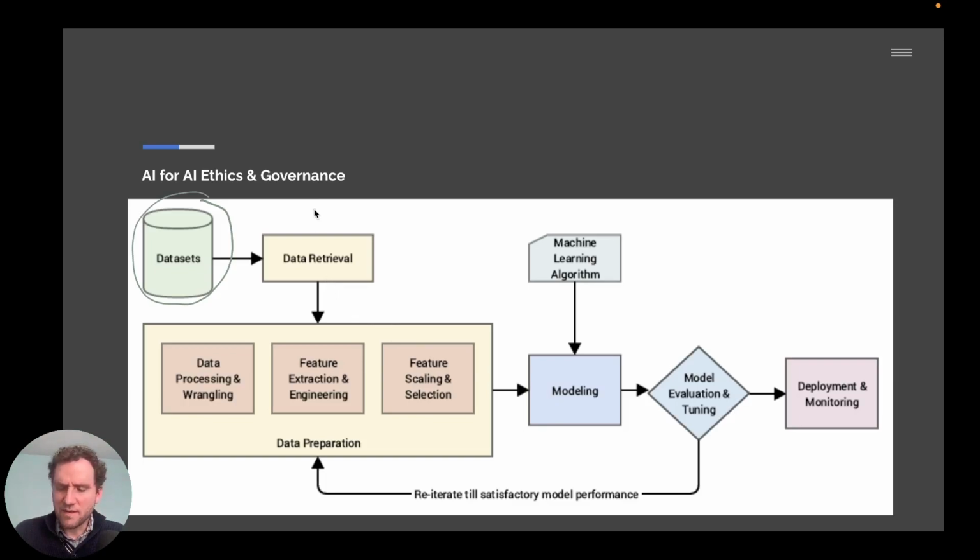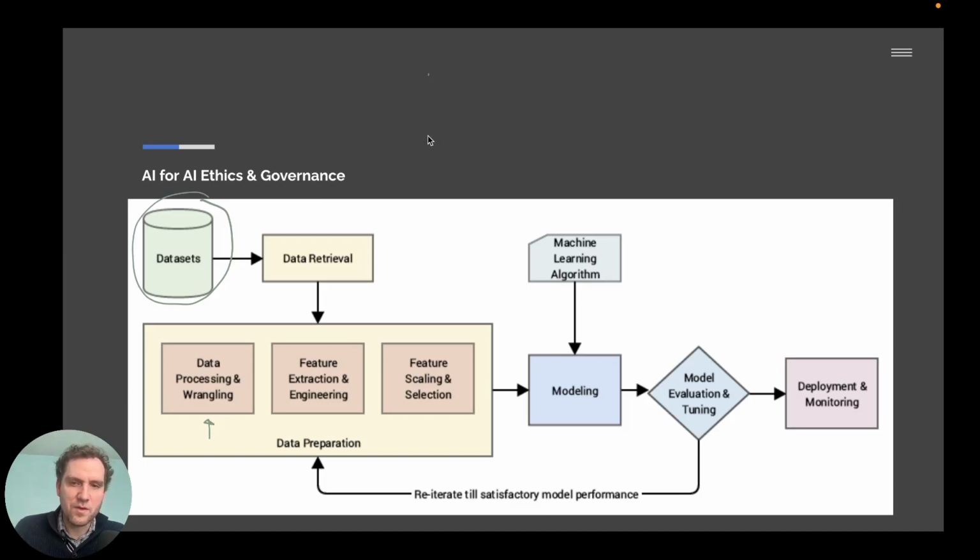This is a pretty lengthy process typically. So this is just an example, and there are different workflows for doing this. The idea of data processing or wrangling essentially involves exploratory data analysis. Exploratory data analysis is where you plot a lot of the data and you start curating the